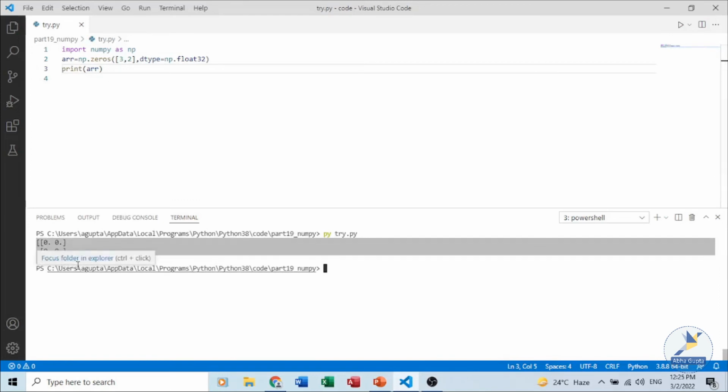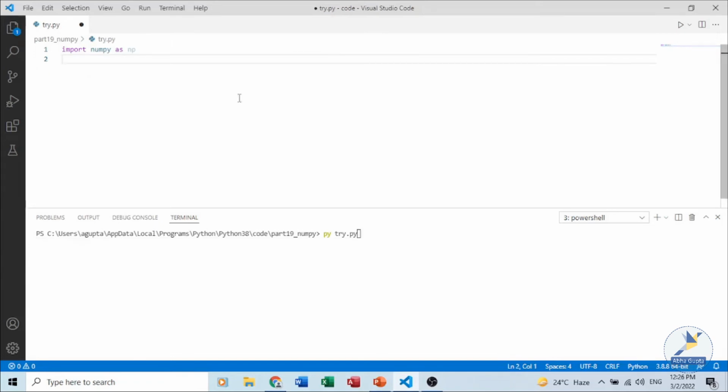You can create empty arrays. You can create an array with ones only. We can also create a sequence of numbers using arange or linspace. Now arange returns evenly spaced values within a given interval.